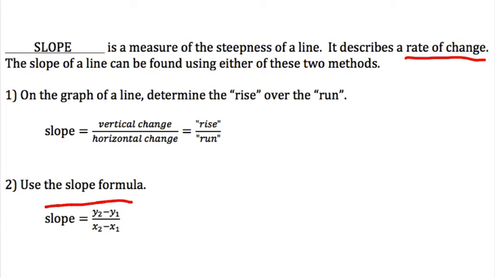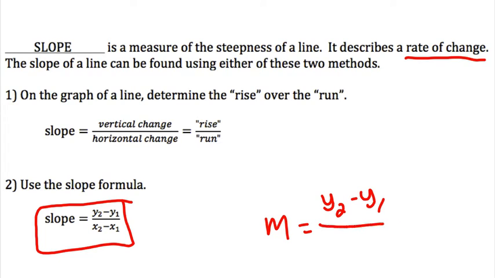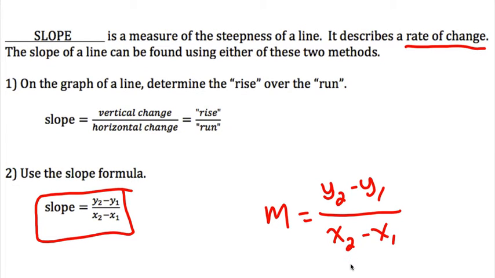And this is your slope formula. Typically on your formula sheet it will be written like this. The variable m is used to represent slope, y2 minus y1. What this means is that it's the final y point minus the initial y point, and then x2 minus x1, which again, final x coordinate minus initial x coordinate. When we look at a graph, we look at this as rise over run,